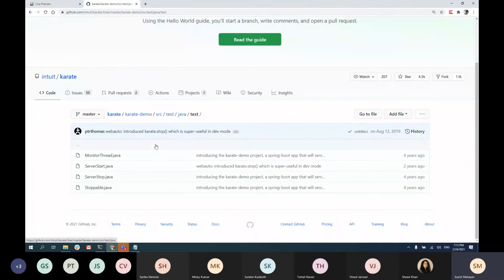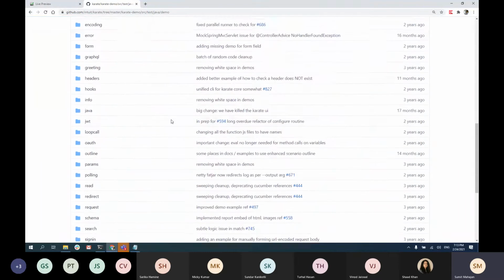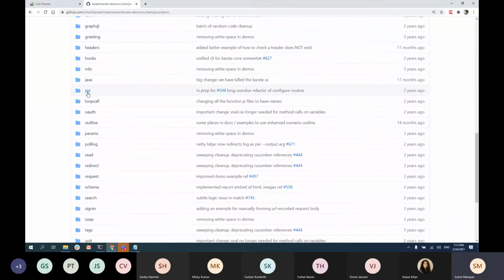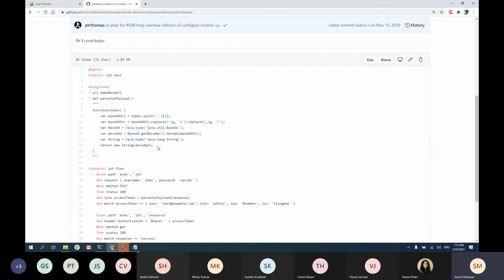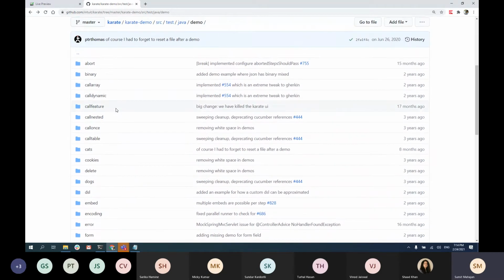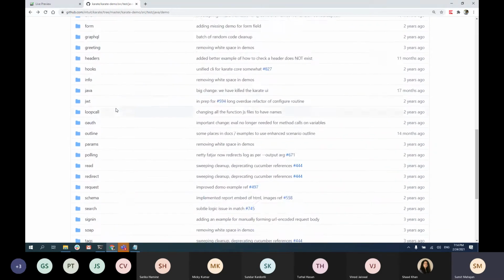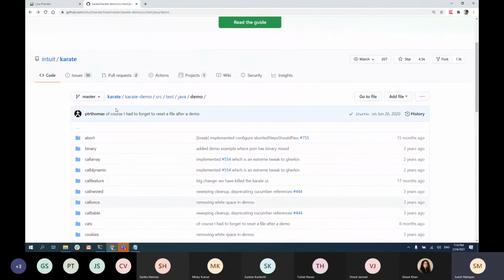What we're going to do is go here in the demo. So this is what our structure will look like. If you look here, there is already a folder with JWT where we have a JWT feature which is implemented. I'll explain it later, and I'll also showcase this by running this JWT. But this is where you get all the info on how your framework should look, and also how your features are implemented, right?